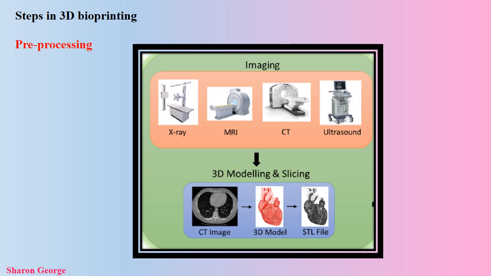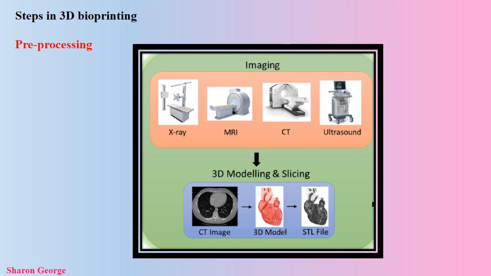Pre-processing involves imaging of the tissue or organ using sophisticated diagnostic tools like computed tomography, magnetic resonance imaging and ultrasound imaging. So once we capture the image of the tissue, we then reconstruct the DICOM,